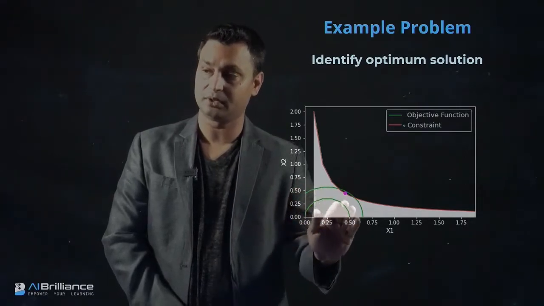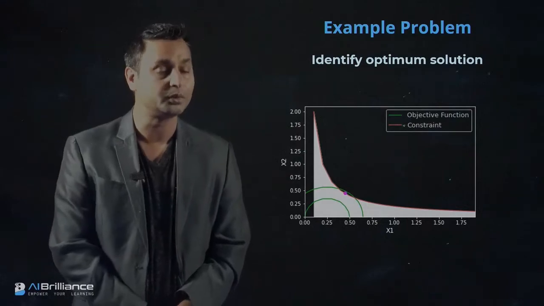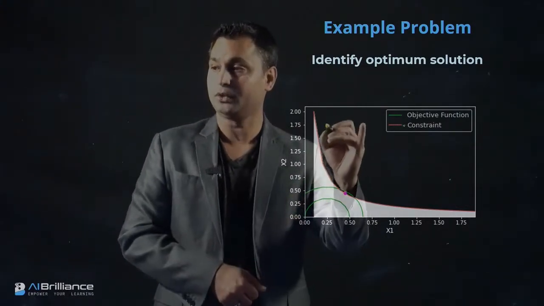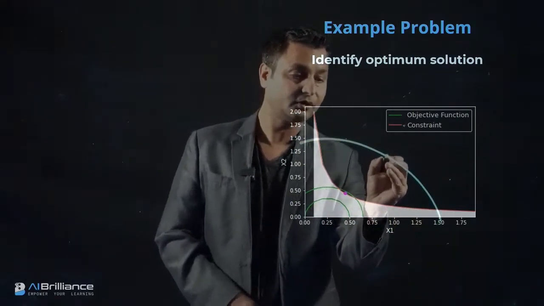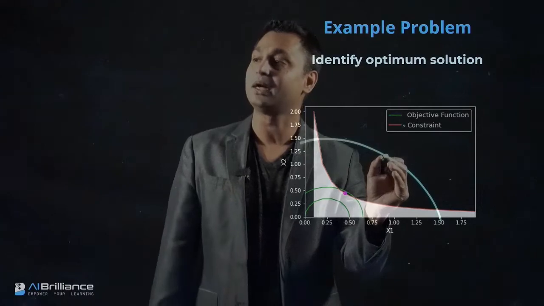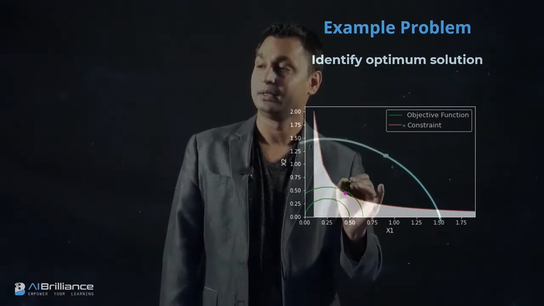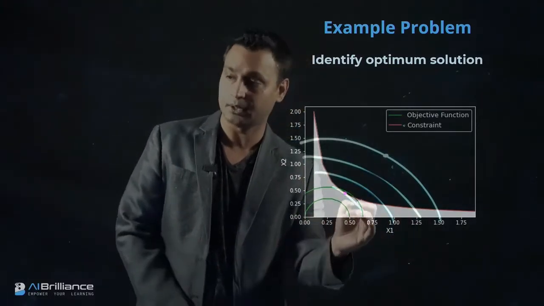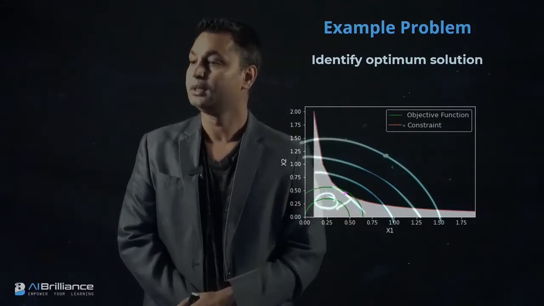So as soon as we touch the feasible region, the function which leads to the minimum value will be the optimal solution. One way to understand this is to take this contour plot: here a point is obviously feasible, but the objective function values are higher than what we have for this value, and that's why we can move in this direction and find the location of the optimal point we are interested in.